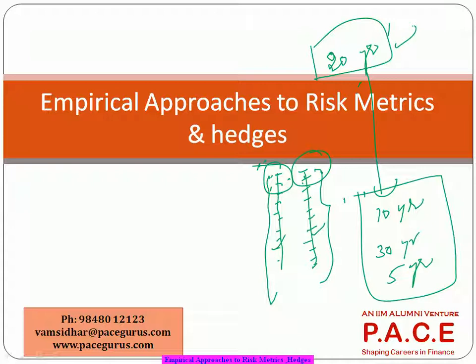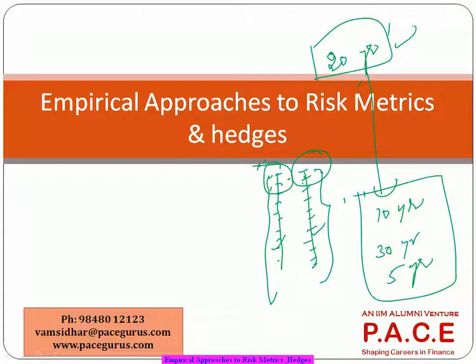In the earlier case also we have tried the same. One bond we wanted to hedge with a 2-year, 5-year, 10-year, and 30-year zero coupon bond. Here also, let's say I want to hedge with these three. All we are trying in this model is to build a relationship between the historical 20-year yields versus the 10-year, 30-year, and 5-year yields. Today, what is the 20-year bond yield? What is the 5-year bond yield? What is the 10-year bond yield? What is the 30-year bond yield?